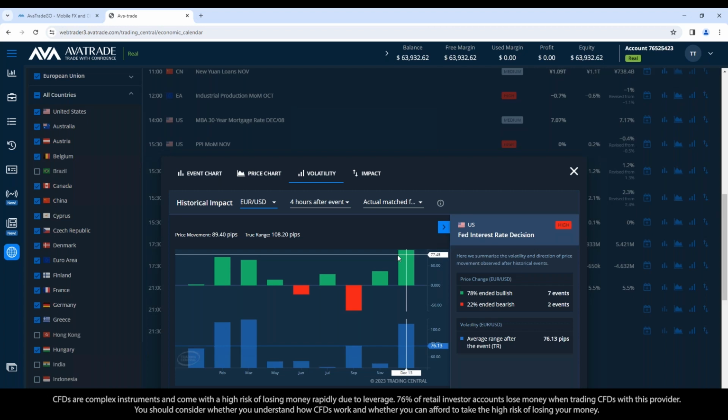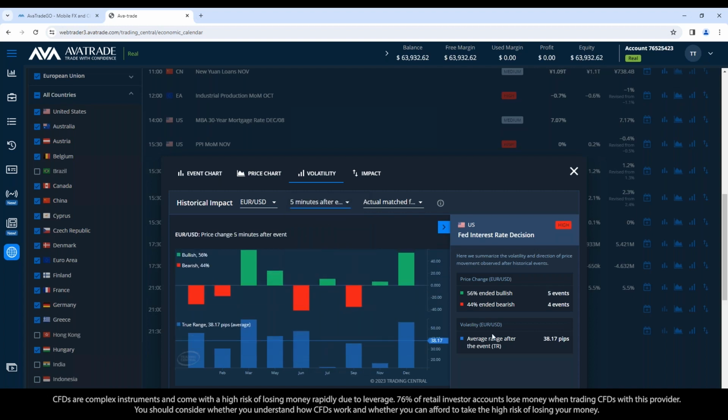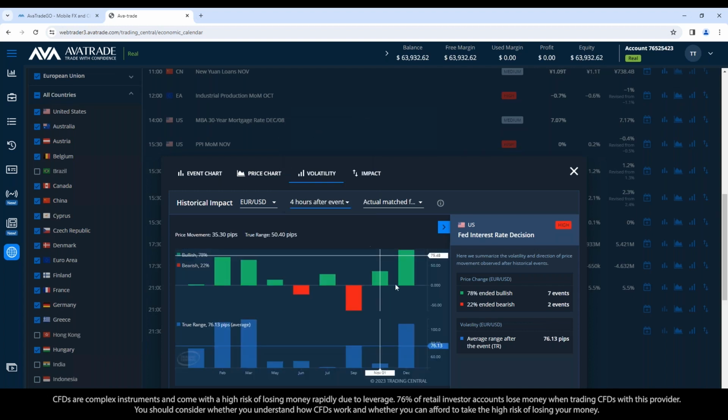And you might say, yeah, but you're trading after the rate decision came in, meaning it already moved. And that's really not the case, because we can see after 4 hours, it moved a range of 76 pips, right? If you got your trade off in the first 5 minutes after these announcements, look, range movement less than half of that, 38 pips or even down. Look how many of them went down in the first 5 minutes, right? And then after 4 hours, almost all of them were up. There's only 1 or 2 you might have lost on a small amount, and you don't have to put your stop very far away, because we see the range movement that occurs typically with this announcement.